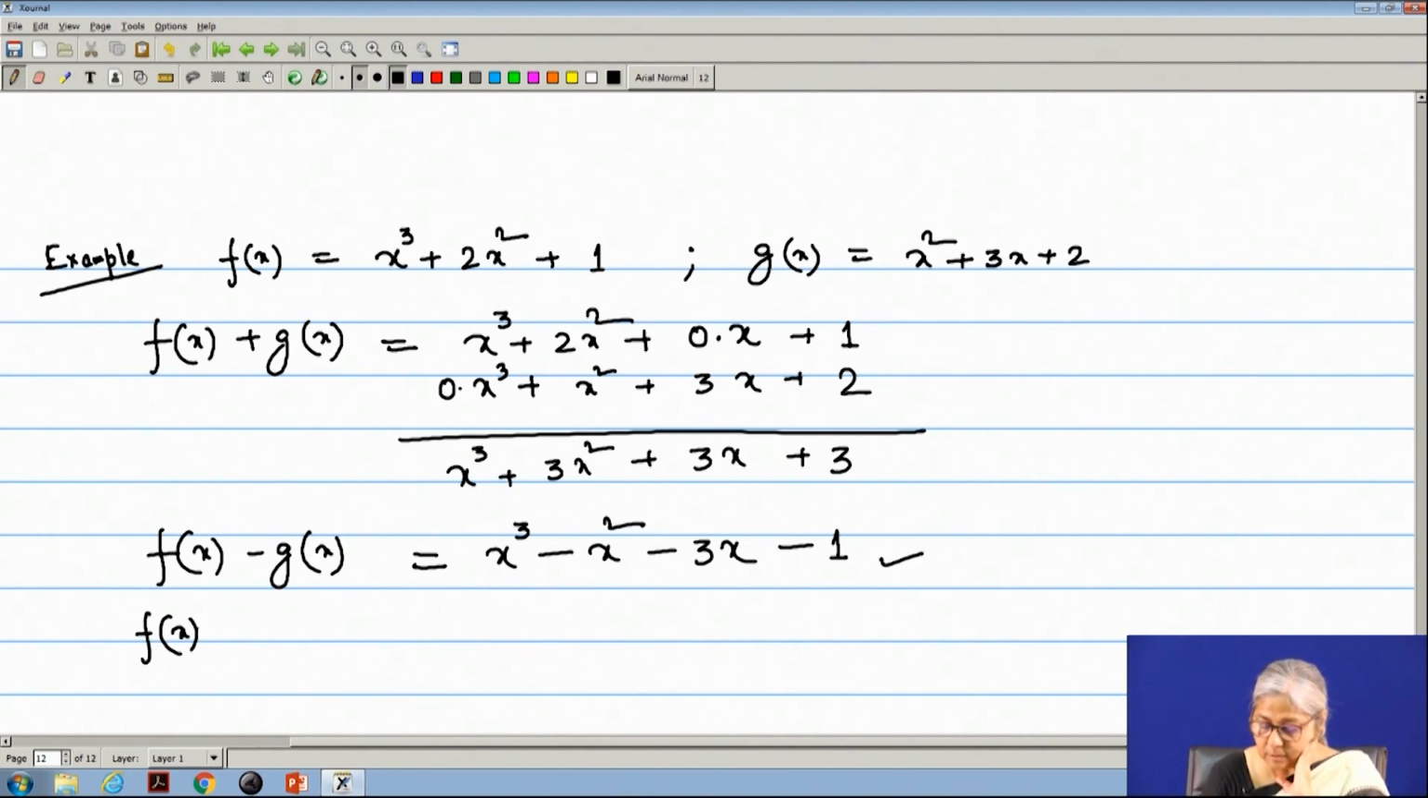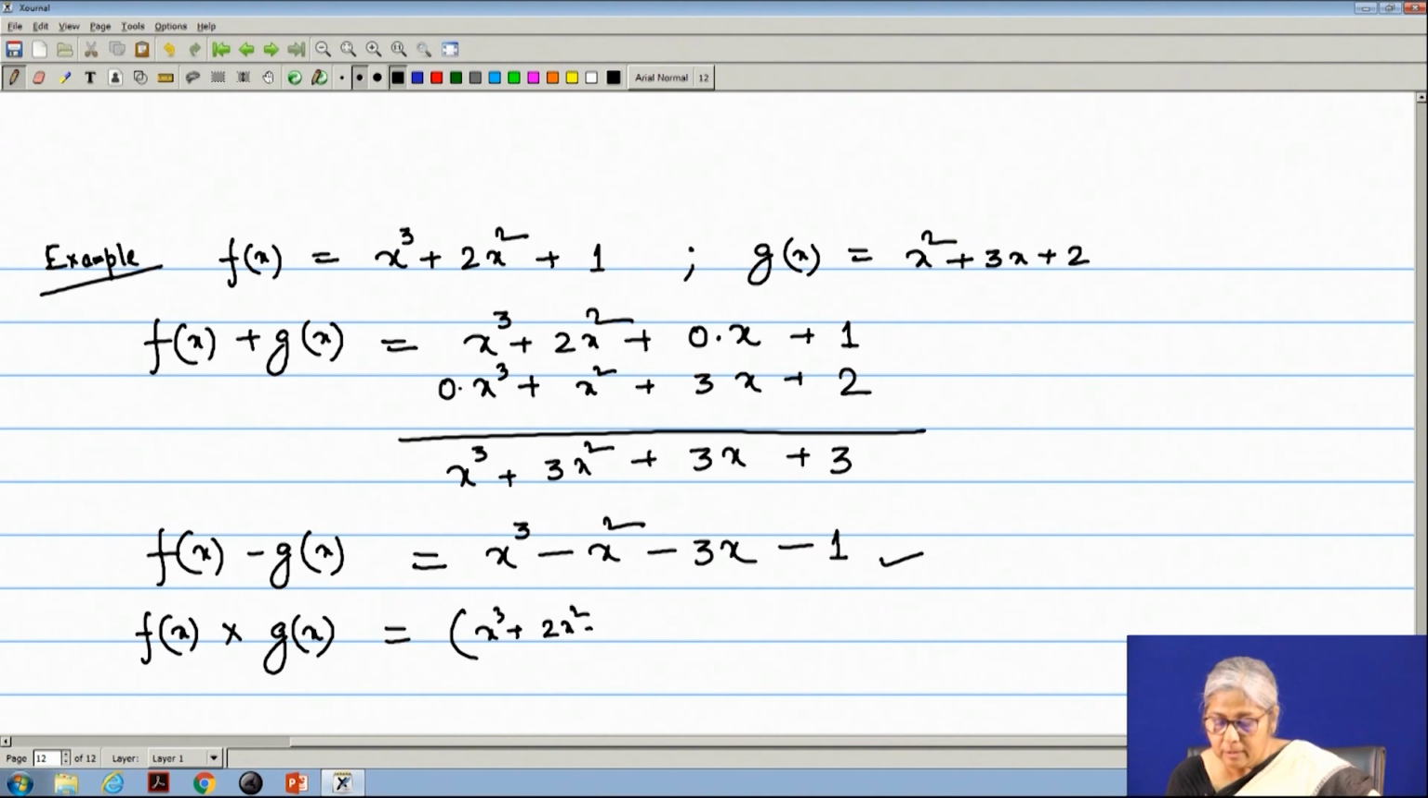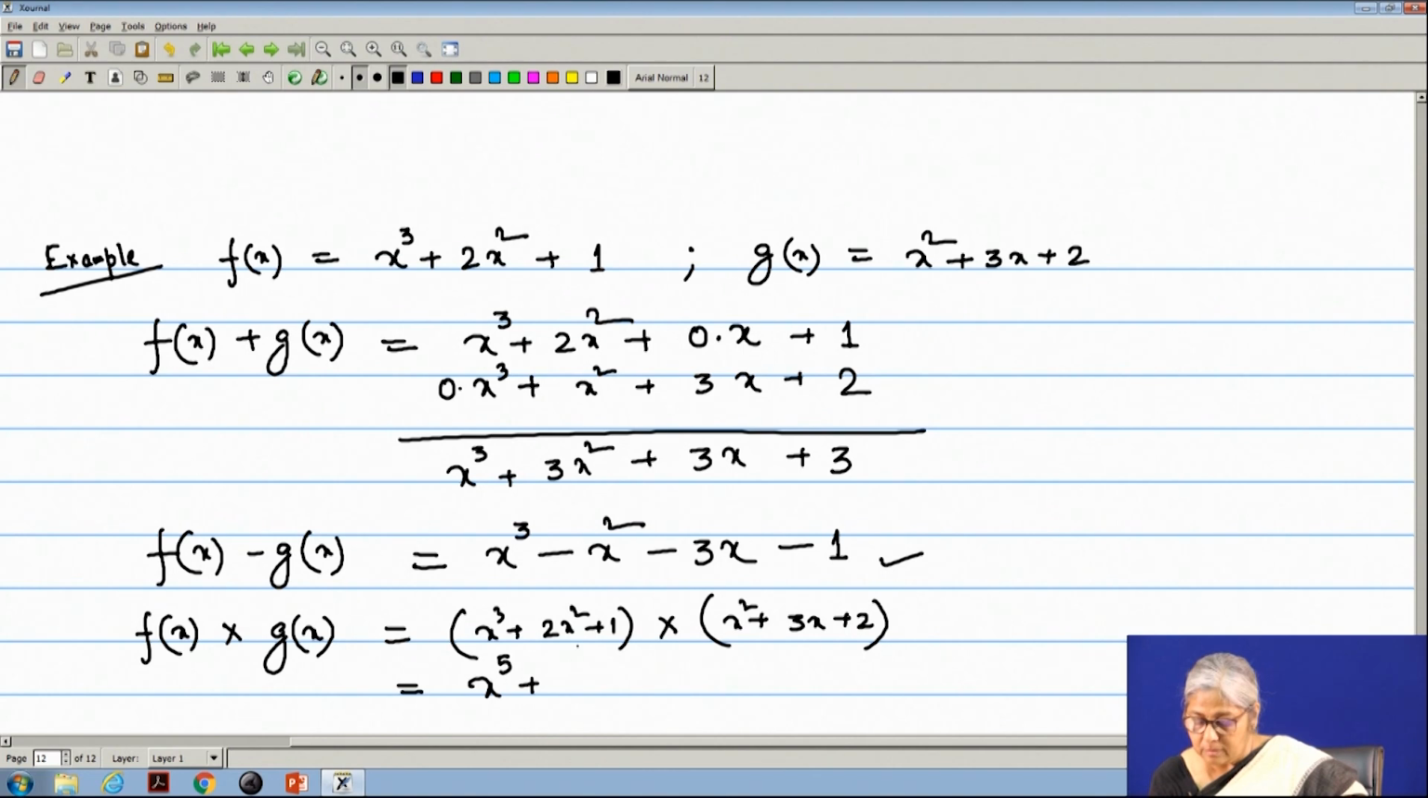Now, if it is f(x) into g(x), that multiplication, that ordinary multiplication we are doing, and the coefficients we are taking. So, this will be x cube plus 2x square plus 1, and we take x square plus 3x plus 2. So, if I take m plus n, if we remember the way we have written, it will be x to the power 5 plus 3x cube. The term will be a0 bk. So, here x cube times 3x is 3x to the power 4, and 2x square times x square is 2x to the power 4. So, I can write 3x to the power 4 plus 2x to the power 4 plus x cube term,